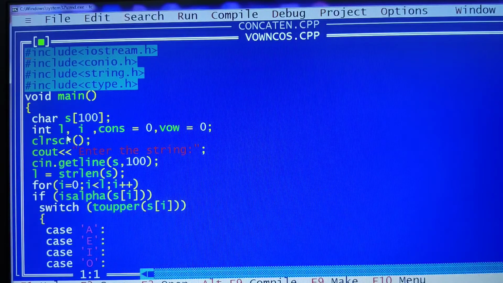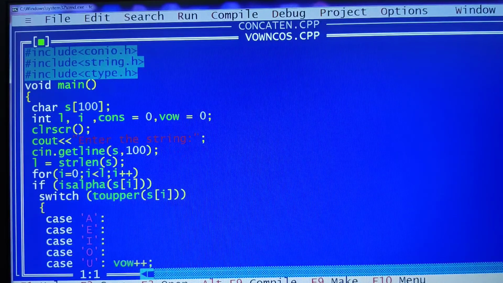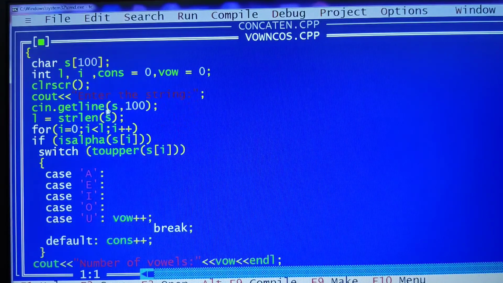I've taken a variable L in order to find out the length of the given string, and I have taken counter variables for consonants, initially giving the value 0, similarly for vowels also. Then I'm asking the user to enter the string. With the help of the getLine function, I'm reading the given string. Then I'm finding the length of the given string and storing it in the variable L.